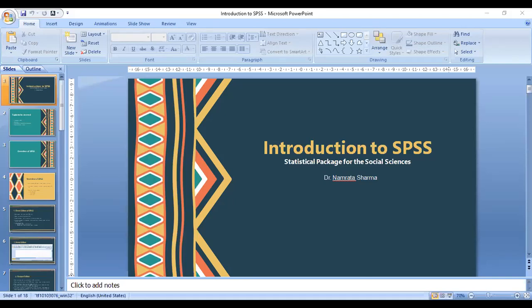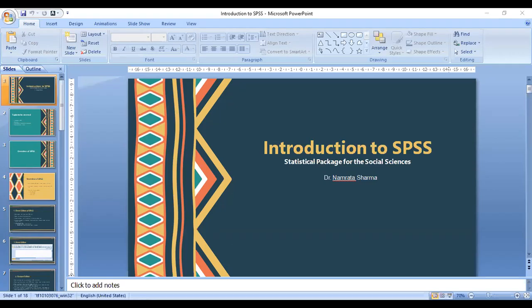As researchers, these are the windows we mostly focus on. The data editor is the window where you enter the data and analyze the data. The output viewer, as the name suggests, shows you the results of your analysis. We will cover each of them in more detail.